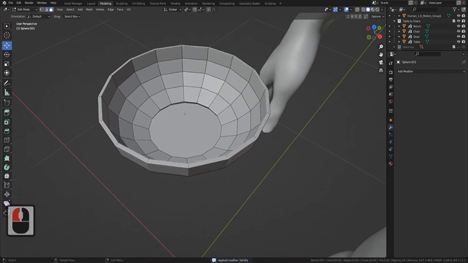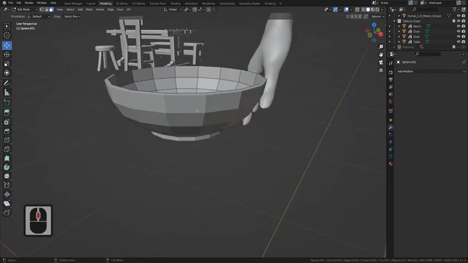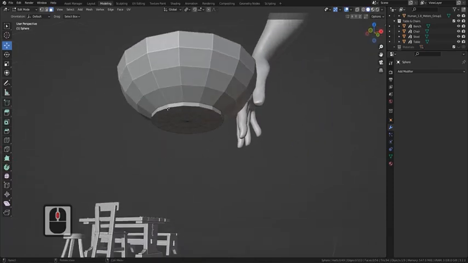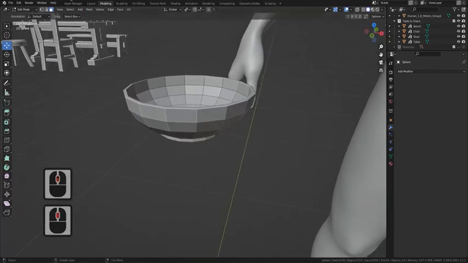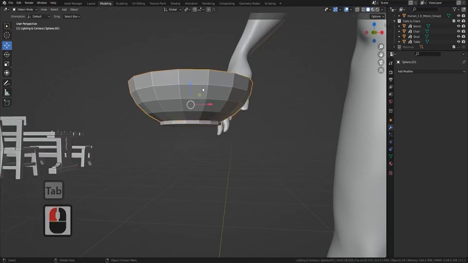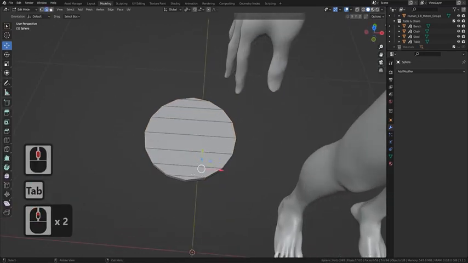Finally then, I just want to bring this bit up so we've not got that kind of gap in there. So I'm going to grab this bottom bit. And again, I want to make sure I'm just grabbing the top of it. So I'm actually going to come in and I'm going to hide this ball out of the way just so I can see what I'm doing. And then what I'm going to do is grab this going all the way around with Alt-Shift-Click,